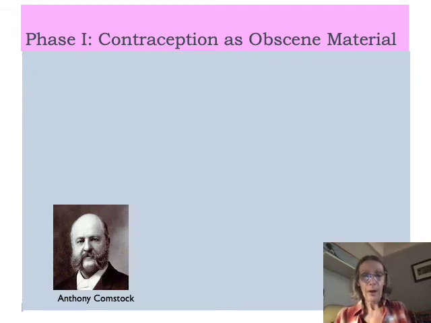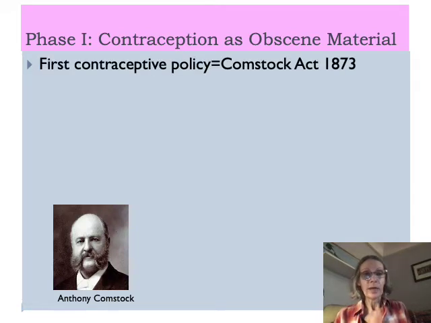The first federal law that we have in the United States that deals with the regulation of contraceptives is known as the Comstock Act. It was passed by Congress and signed into law in 1873, and we have this gentleman here, Anthony Comstock, to thank for that law. Anthony Comstock was a devout Christian, and he fought in the Civil War. He grew up in a rural area in Connecticut in the 1840s, and after the Civil War, he moved to New York City.